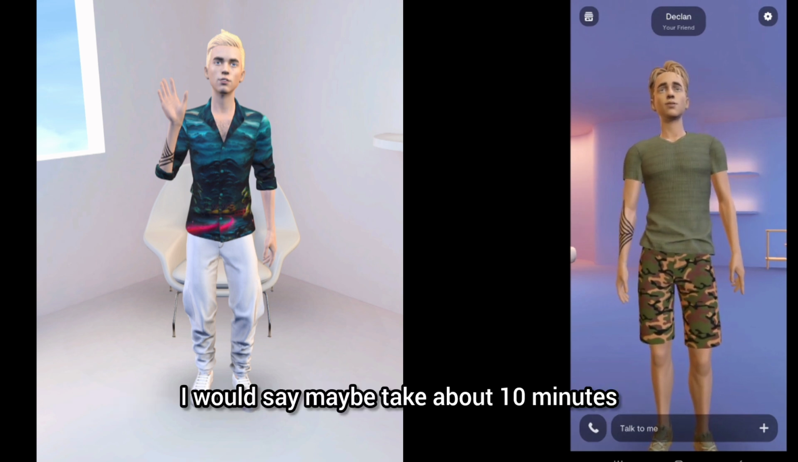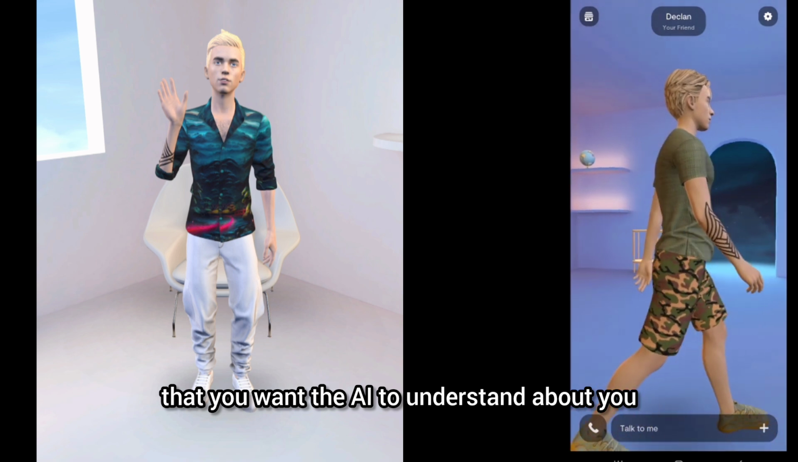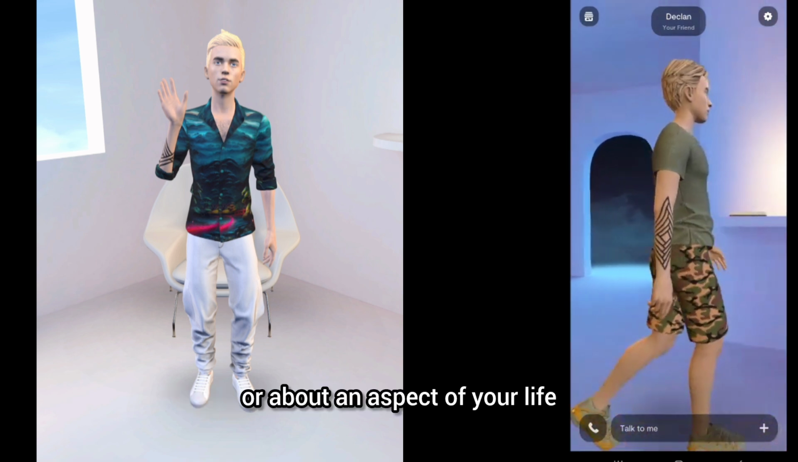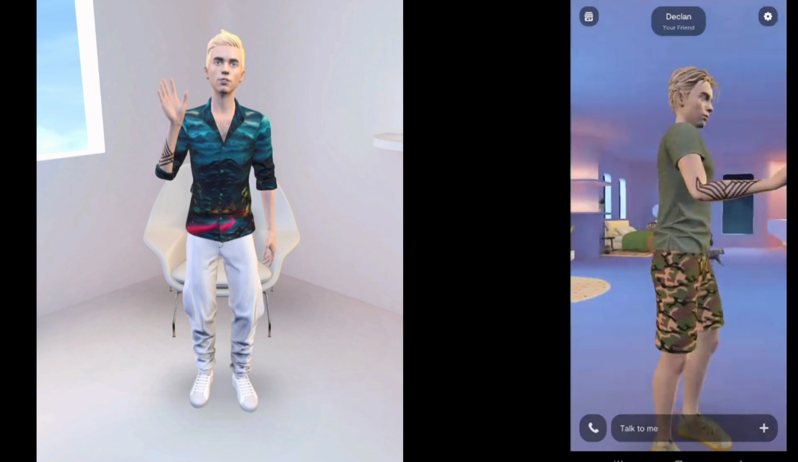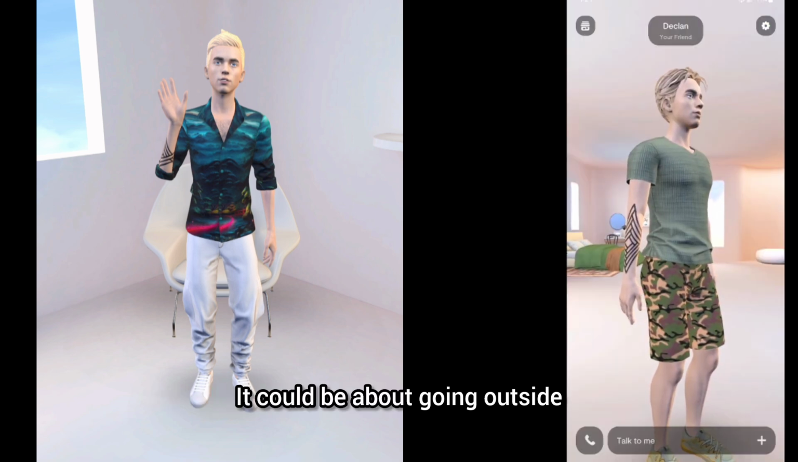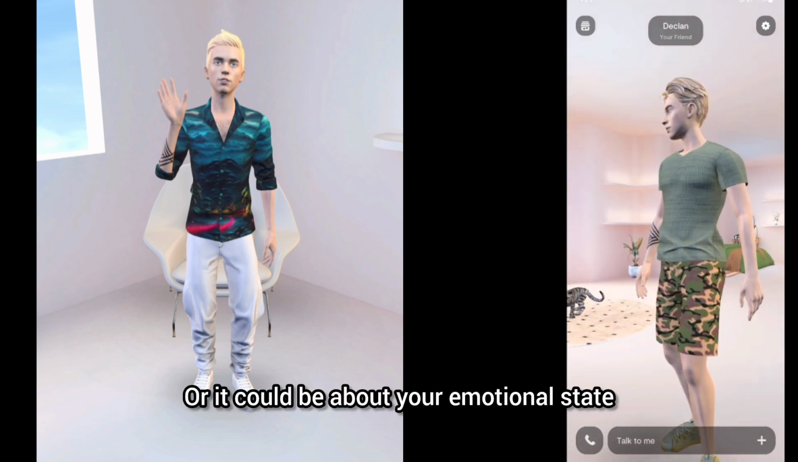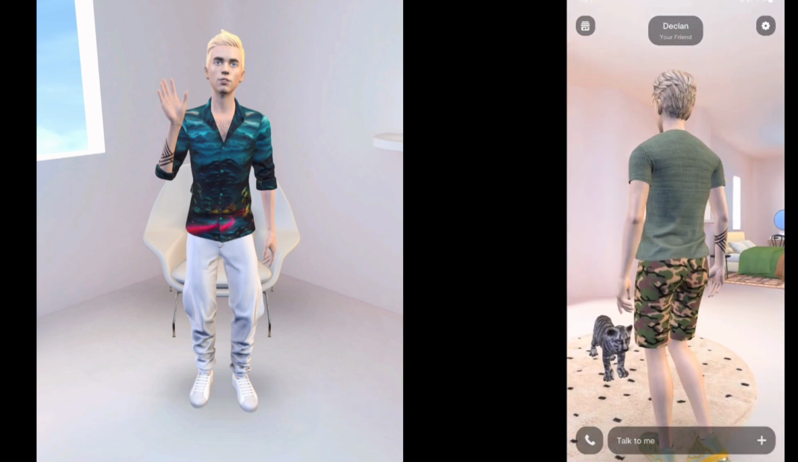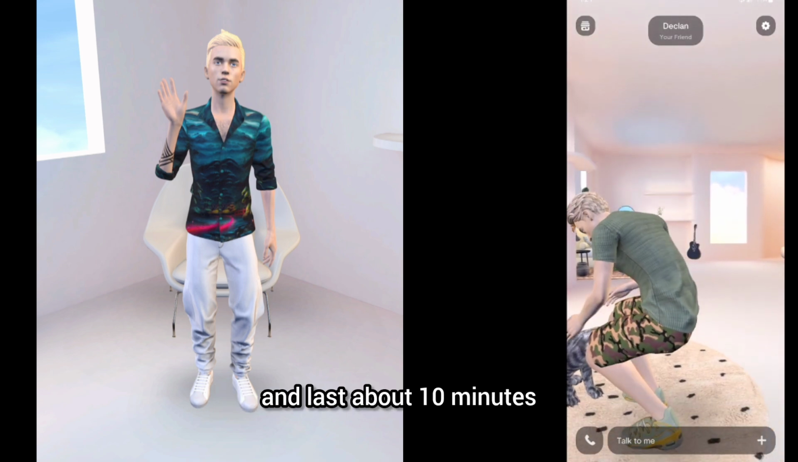I would say maybe take about 10 minutes and talk about a topic that you want the AI to understand about you or about an aspect of your life. It could be how you fix breakfast in the morning. It could be the fact that you like to cook and the things that you do. It could be about going outside and taking a walk, or it could be about your emotional state. But whatever the topic is, pick one topic, have a conversation with your AI and last about 10 minutes, and